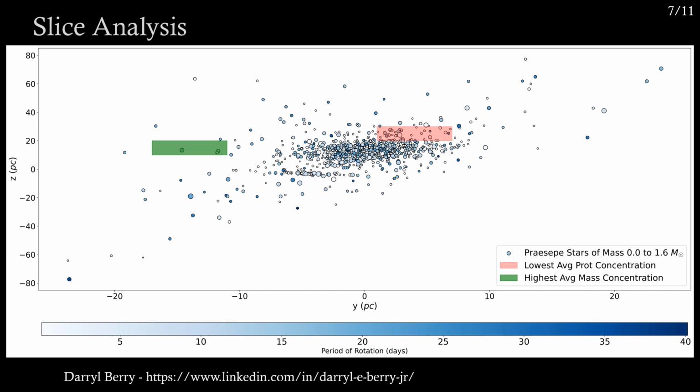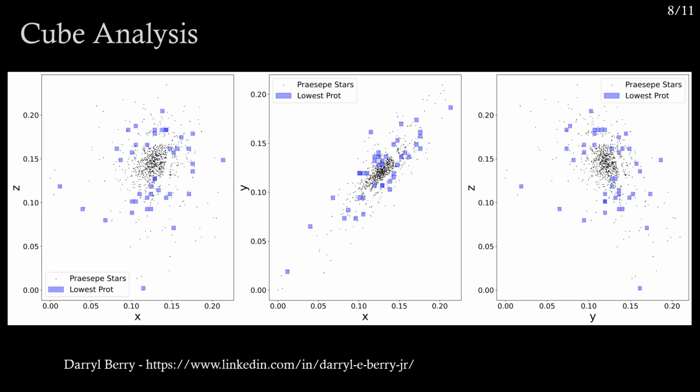What I did was, building upon my slicing code, I started to cube Praesepe. And what that allowed me to do was position cubes all throughout the cluster without needing to overlap any of the data, and get a more clear assessment of what is dispersed where. So my first analysis was about 8 by 8 by 8 slices, and it gave me a similar distribution to the previous plot. But as I got better at coding and got a higher resolution, this is a slice where I sliced Praesepe into 50 slices along the X, Y, and Z axis, which gave about